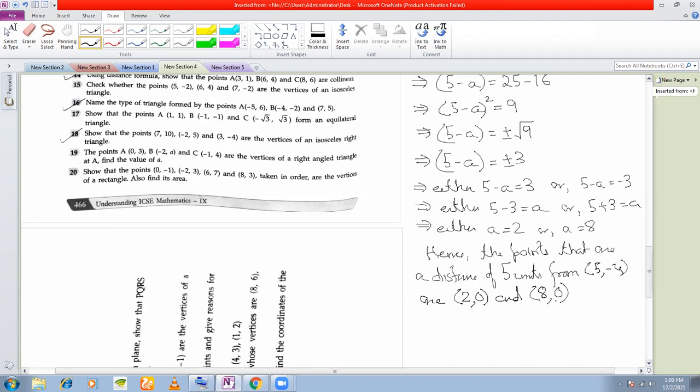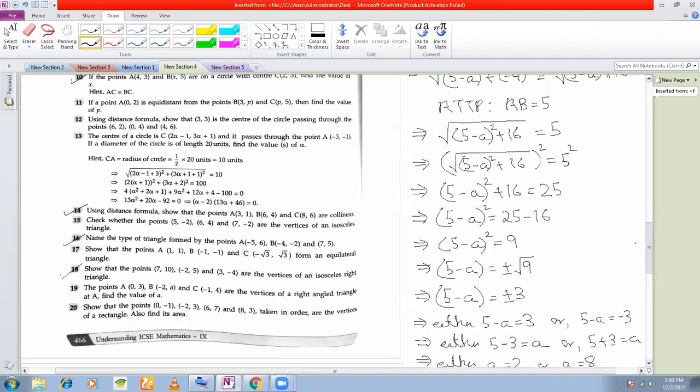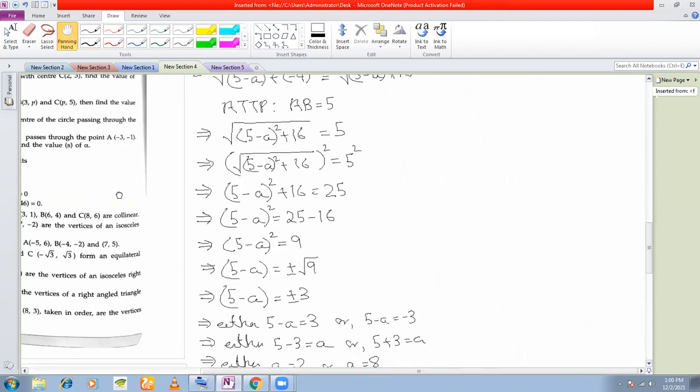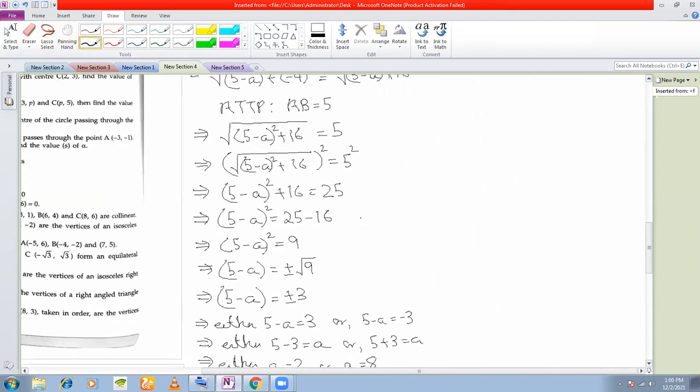Any question here in this problem? Any question? No, sir. What is the other way of solving this equation? That is my question to you. Now I have solved this equation in this manner.